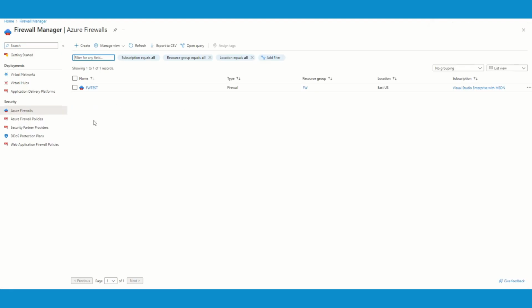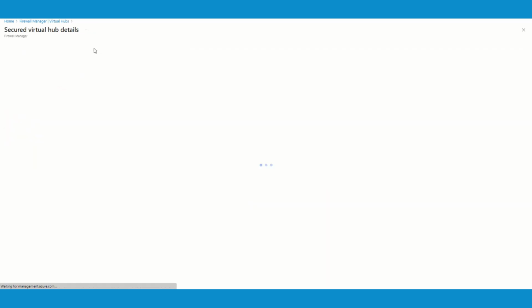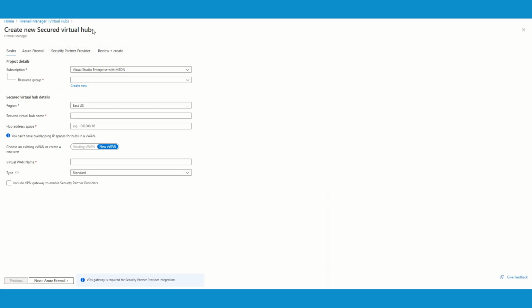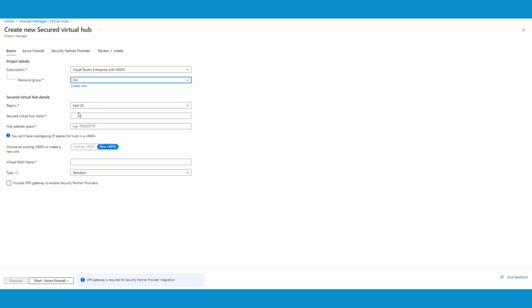So that particular deployment is in progress. In between, let's talk about the other option, which is the virtual hub. So if you want to deploy your firewall to the virtual hub, you can basically come here, click on the virtual hubs, and create new secured virtual hub. So here what you need to do, you need to choose a resource group as it is. So let's take an example, I'll give it as it is. And then choose a region where you want to deploy it. And you need to put a name of the virtual hub. So I will just say